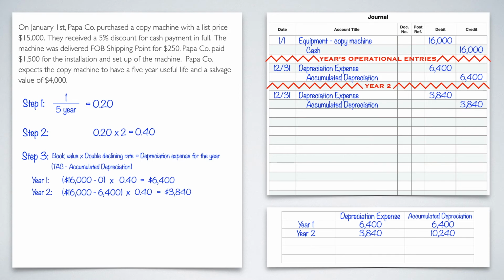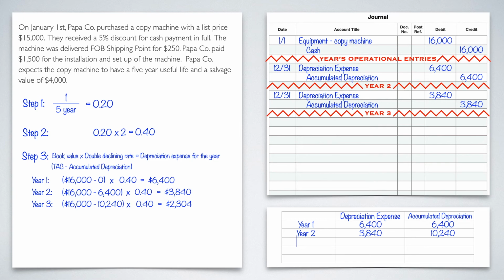All right, let's look at year 3. Year 3 is going to be 16,000 minus our accumulated depreciation of 10,240. This is why I said go to at least year 3, because the 6,400 you could look at and go, oh, is that either depreciation expense or accumulated depreciation? But that's not the case. It's always the one coming from the accumulated depreciation. So times the 0.4, that will give me 2,304.